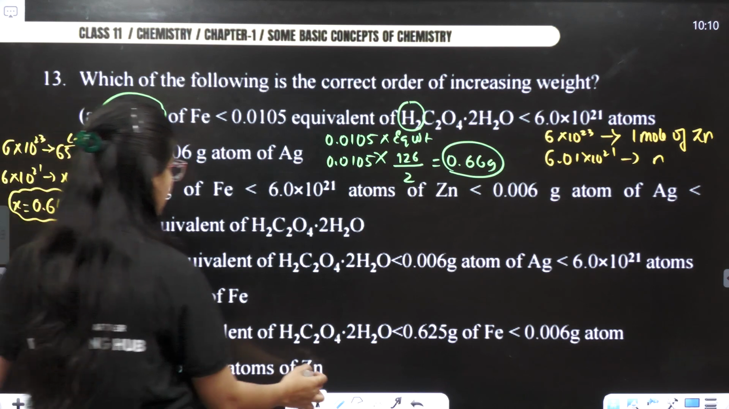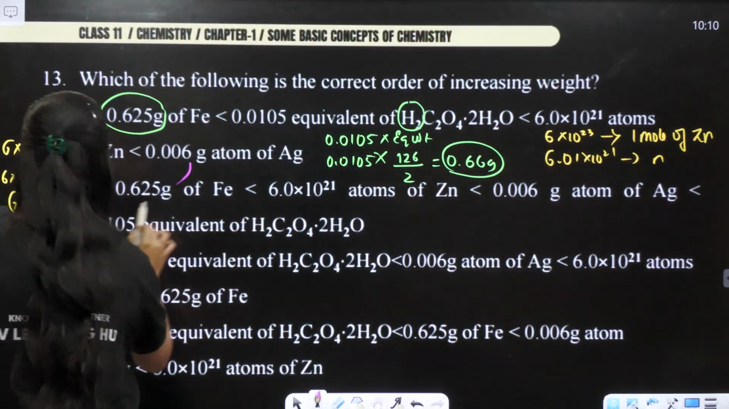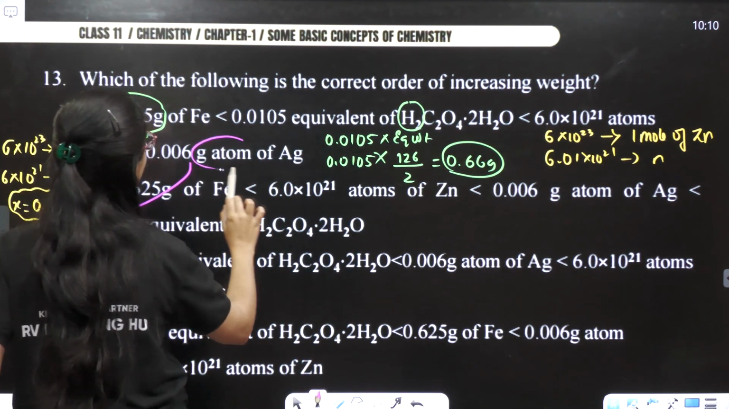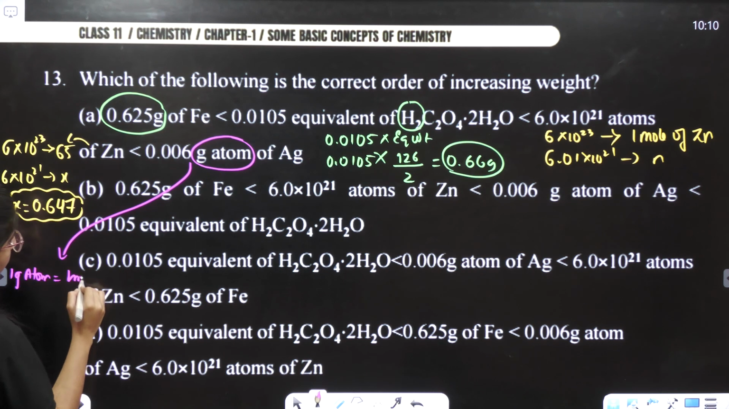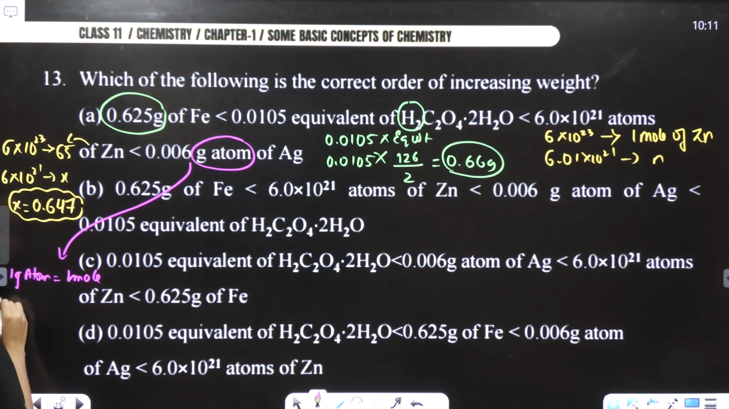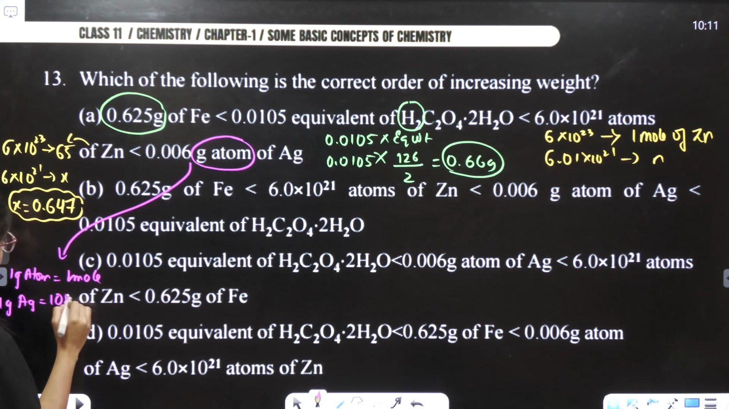Now let us talk about your silver which is given here. So here carefully see, gram atom is given. So you know that 1 gram atom is equal to 1 mole. Correct? So therefore, 1 gram atom of your silver will consist of 108 gram. So 6 gram atom of silver will consist of how many grams? So X will come around